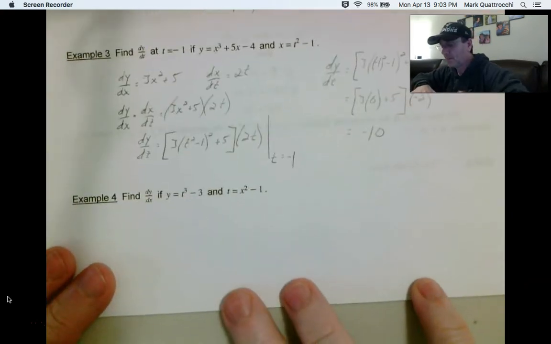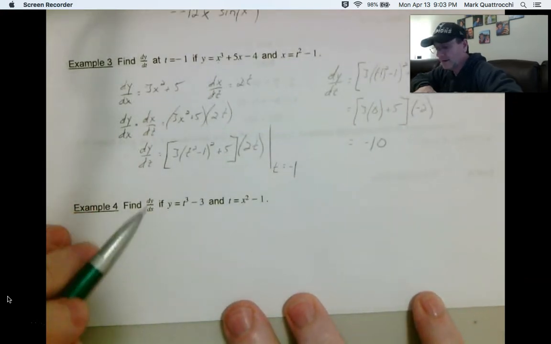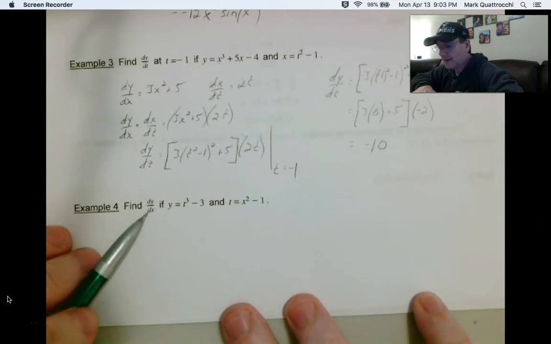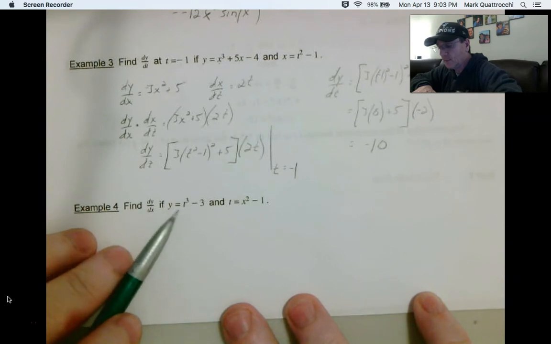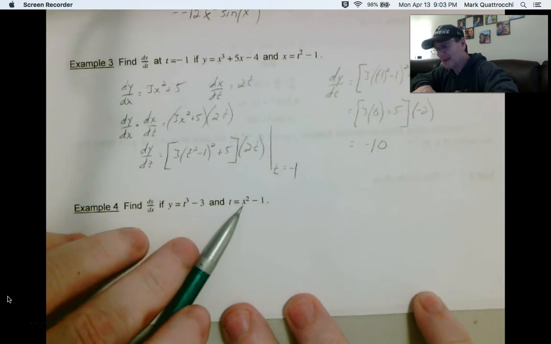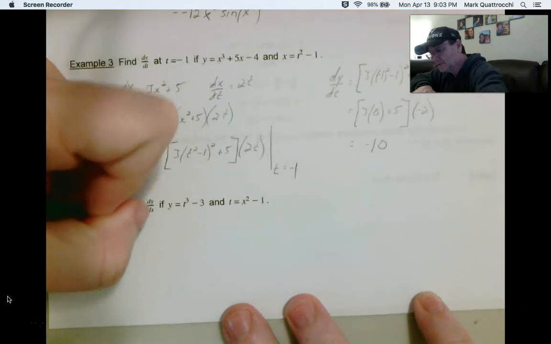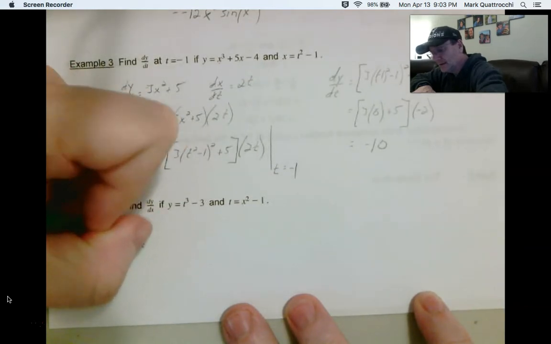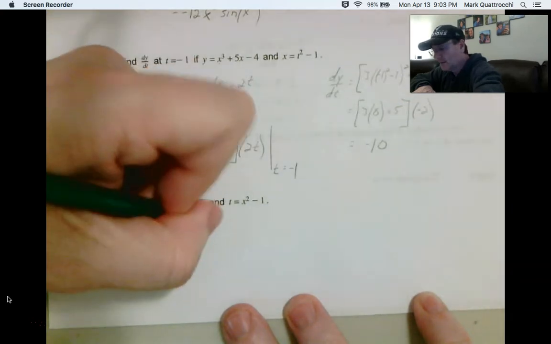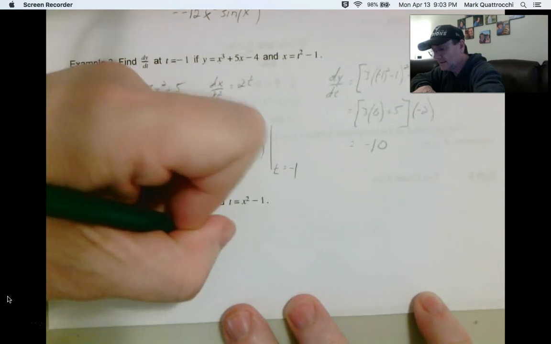Example 4. This time we're just finding dy/dx. This time we're not going to be evaluating. So for dy/dx, we can find the derivative of y with respect to t, dy/dt. We can find the derivative of t with respect to x, dt/dx, and then multiply those together. So dy/dt is equal to 3t squared. dt/dx is equal to